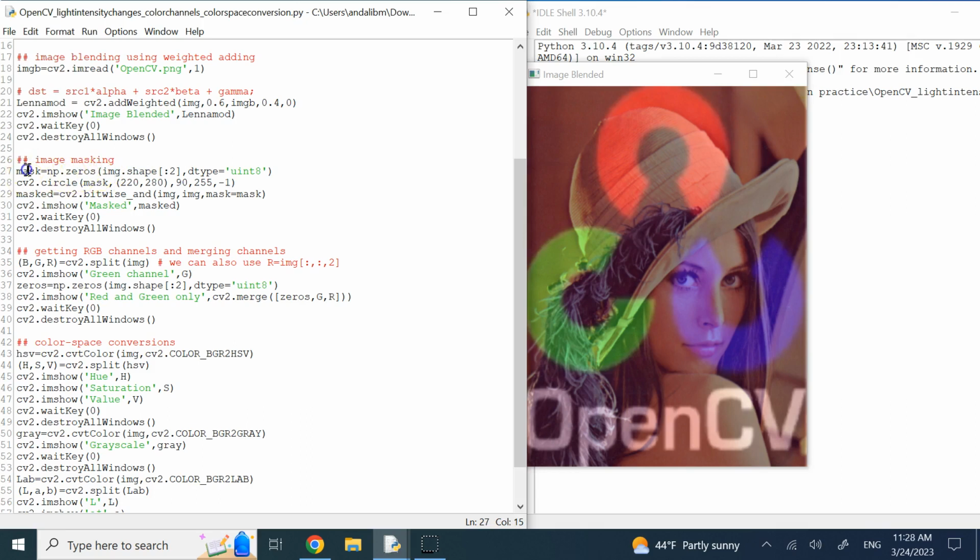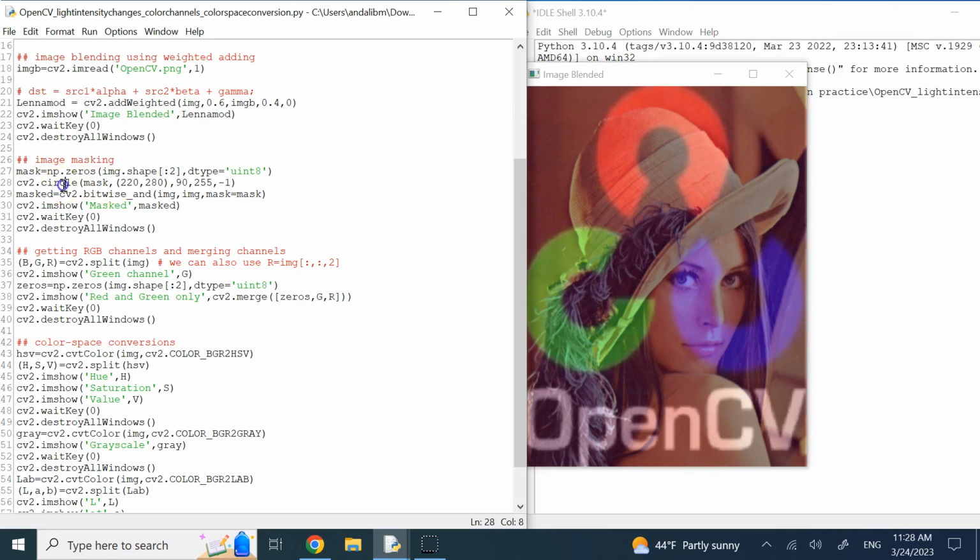I'm creating a mask which is the same size as the entire image. So you see I'm using image.shape and no beginning all the way to 2. What does that mean? It means shape 0, 1, and 2. So all three numbers basically. So I'm using the size of my image, whatever it is, the number of rows, columns, and channels. I'm using all of those dimensions. And then I'm using the type of variable as uint8. So create a bunch of zeros of type uint8 and an image with the size of my original image,